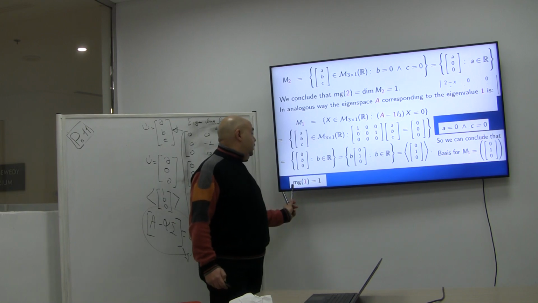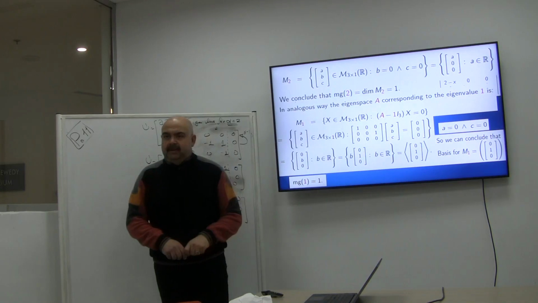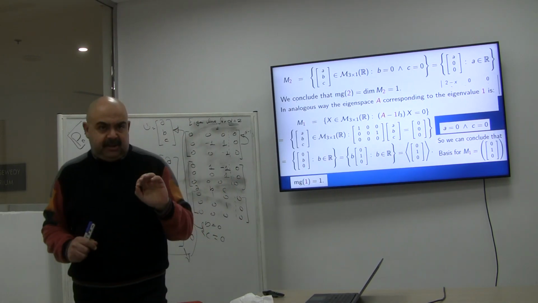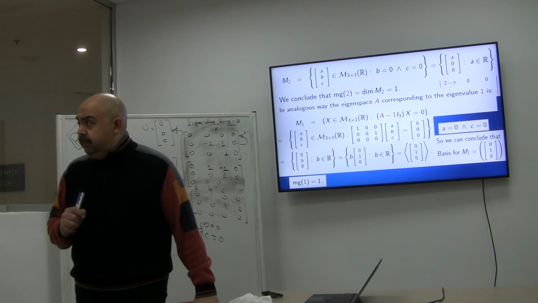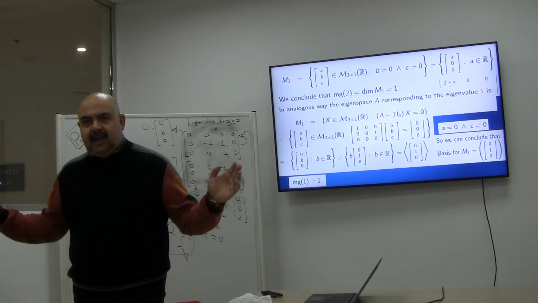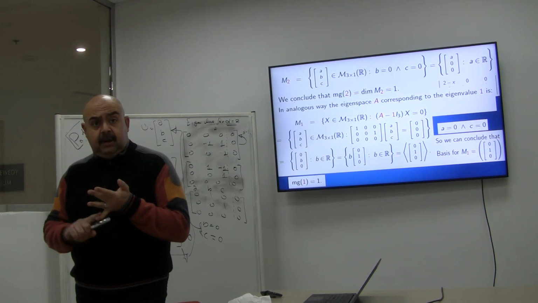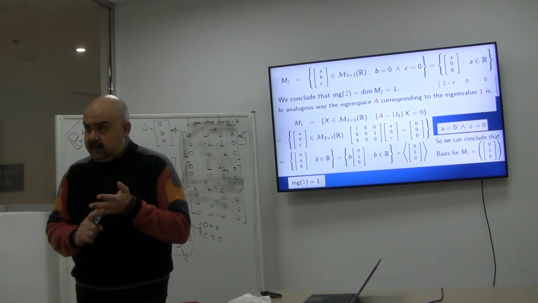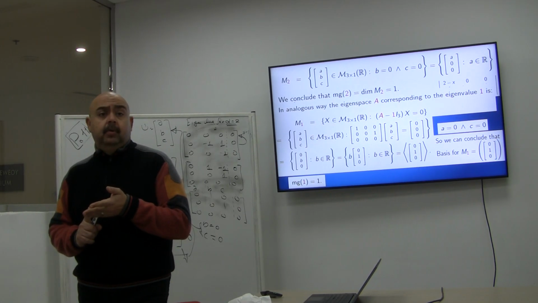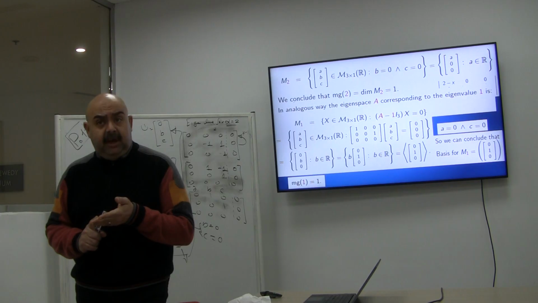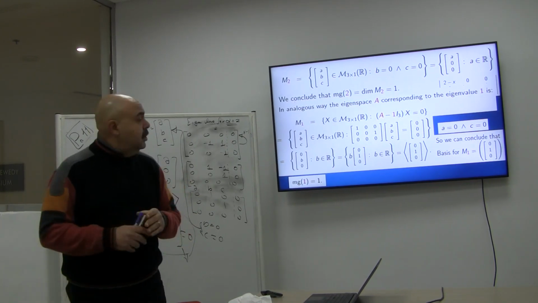What do we mean by geometric multiplicity? Geometric multiplicity is the dimension. Please note, this chapter connects a lot of things at once: your knowledge of vector spaces, the knowledge of a linear transform, as we will see shortly, and also all the knowledge that you have about eigenvalues and eigenvectors. All of them are connected together. Okay? So, the geometric